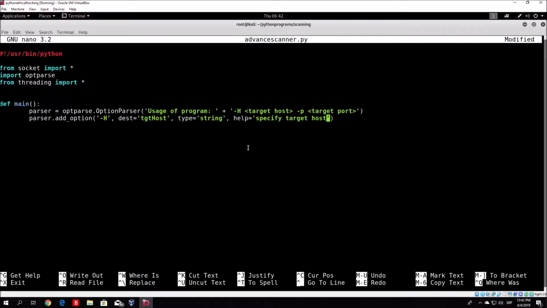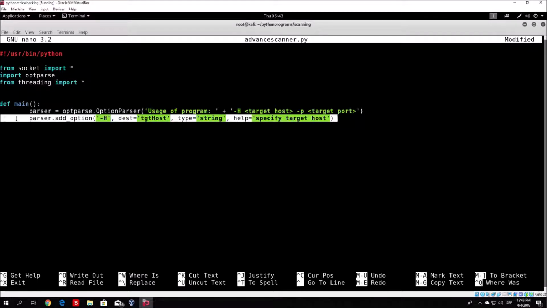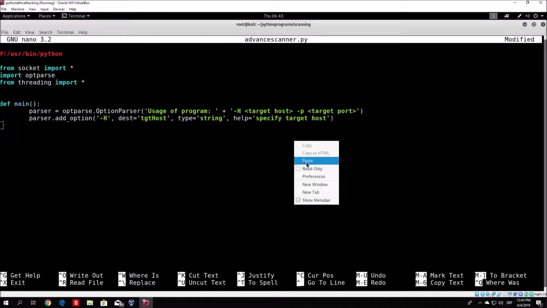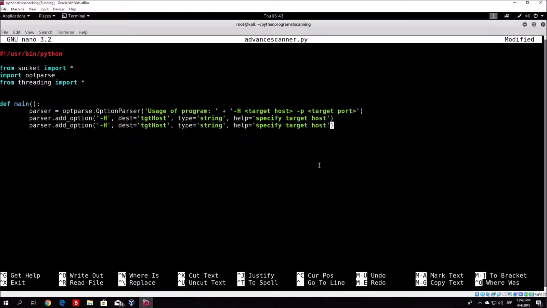So this is just parsing the first option, which is minus h. Let's do the same for the second option, and we can do that just by copying this line right here. So copy, and we will paste it right here, so we don't actually write it, and we will change what we need to change. So the parser.add_option is the same, and now we want to actually parse the option -p, which is the target port. The variable cannot be the same, so let's name the variable target port. The type of the variable will still remain string, and the help will be specify target